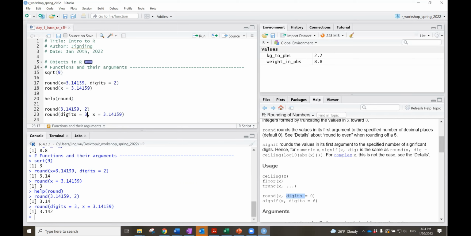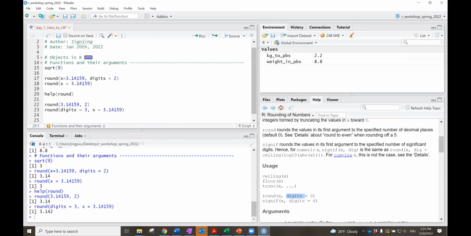Then if we want to use a different value than the default, we just specify the argument. That will make it easier for people to read, especially those who are not familiar with this function. Also, we can nest functions. We can put round and